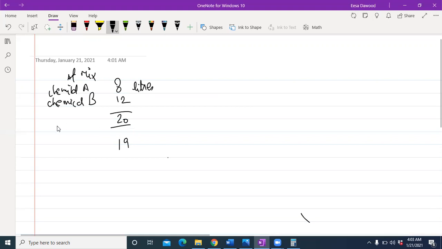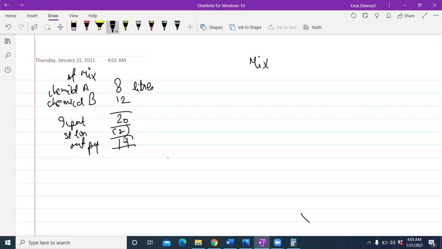Output is 19. So if this is the input quantity, you will be needing the inputs only for the mix. Don't focus on that, but for output, you are concerned. From here, I can calculate some standard loss as well. The loss during the process is 1. So my standard output is 19, right?